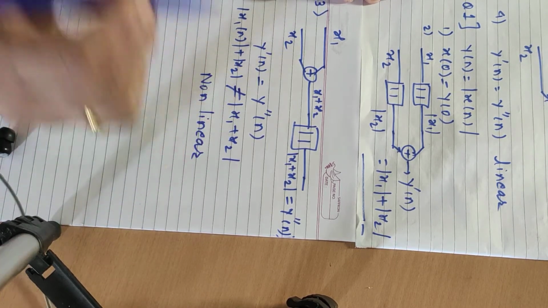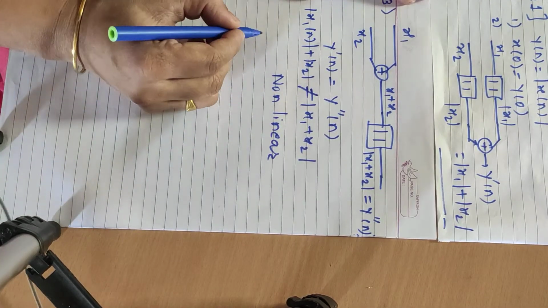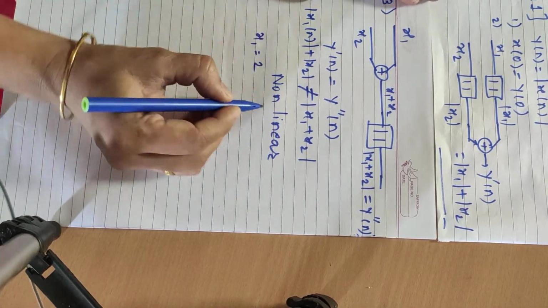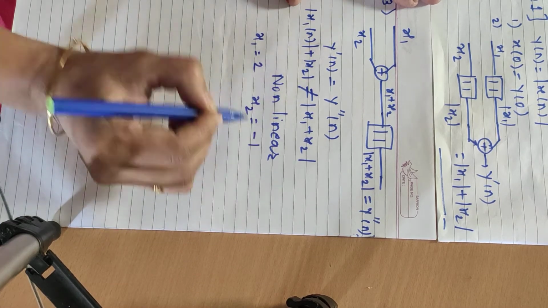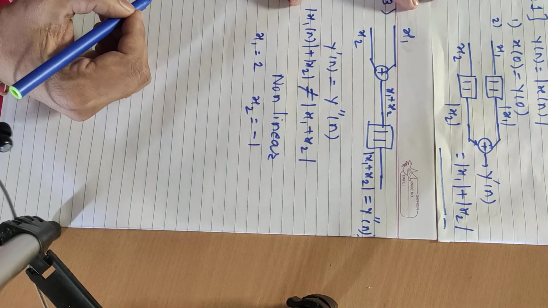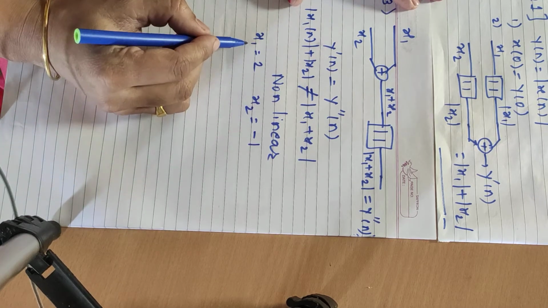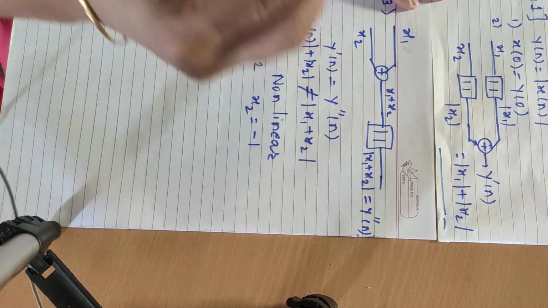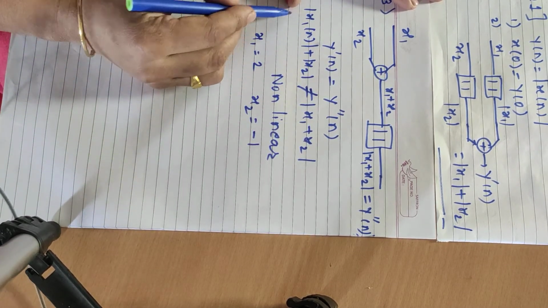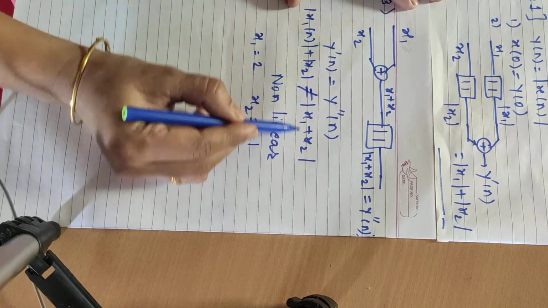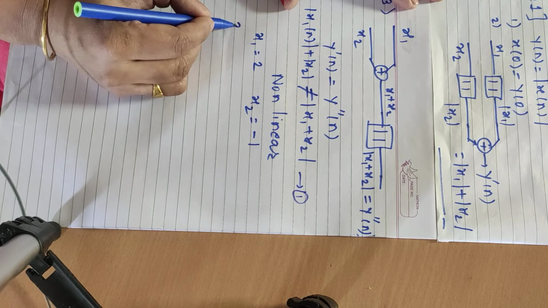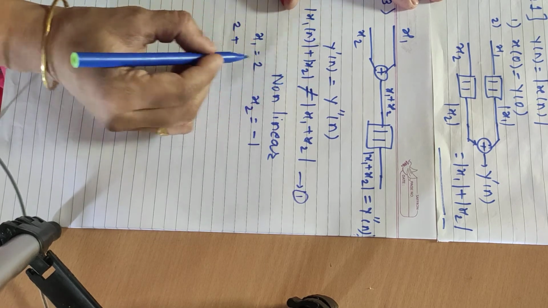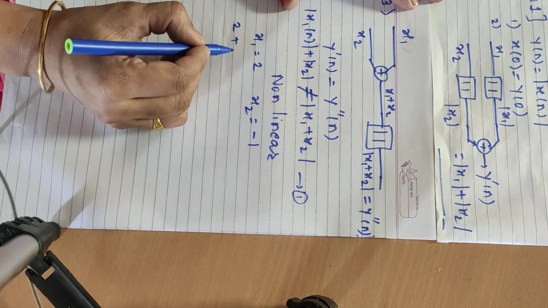Why are these two not equal? Let's suppose x1 is 2 and x2 is equal to minus 1, and now apply this x1 and x2 to the operator. If we put x1 and x2 in this equation number 1, then what do we get? Mod of x1 will be 2, plus mod of minus 1, mod of minus